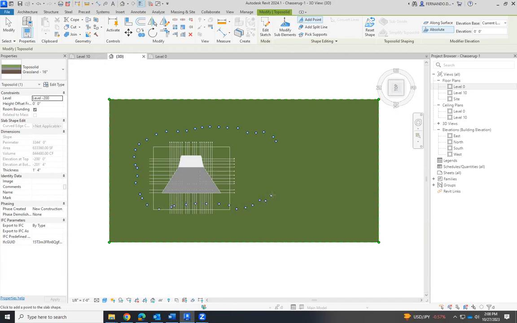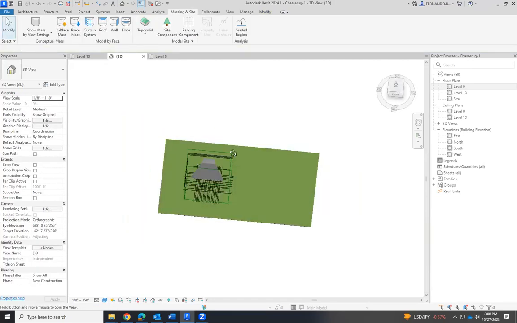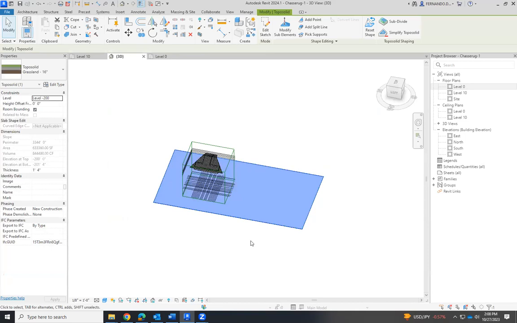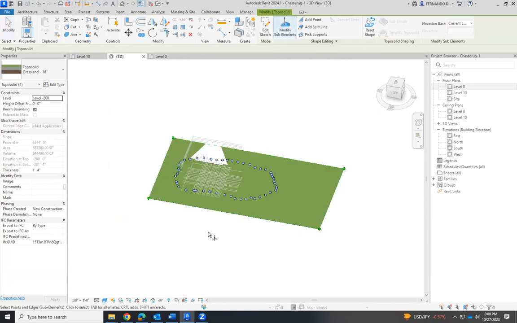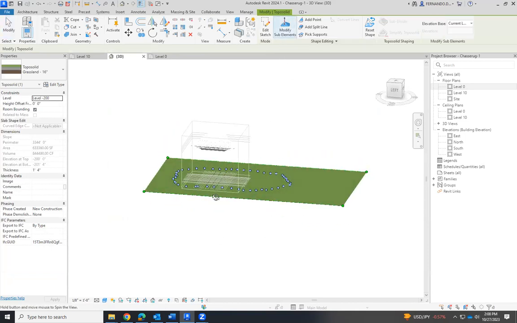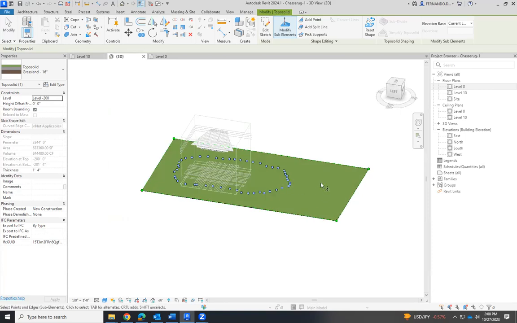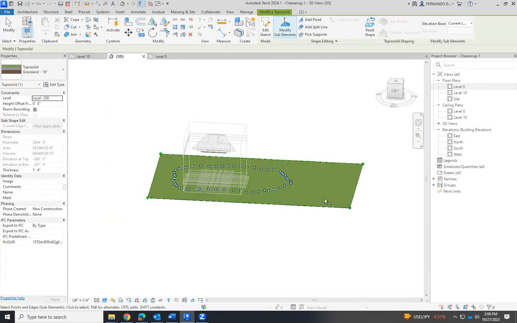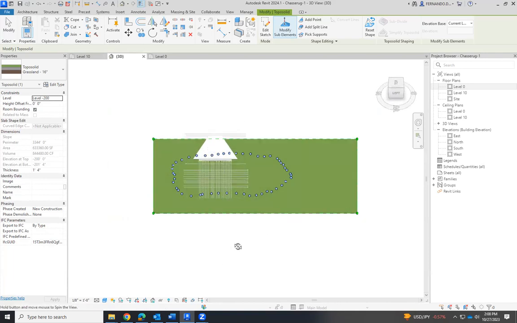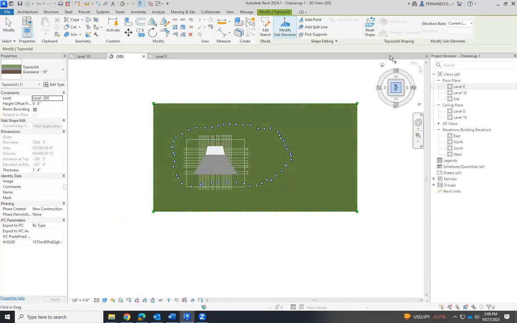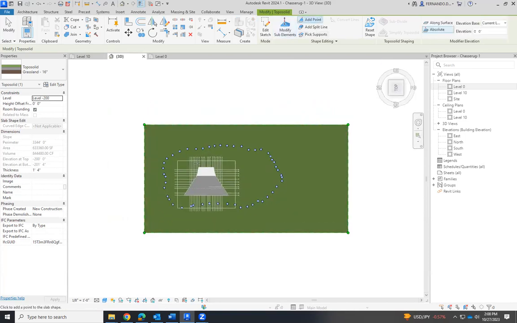I'm going to create a natural contour line here. What have I done on the 3D view? On the 3D view, if I modify the toposolid, all these points are there. Okay, so I'm going to keep going, and I'm going to create more points.